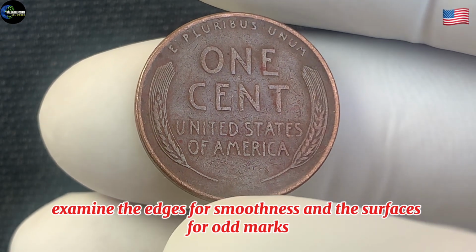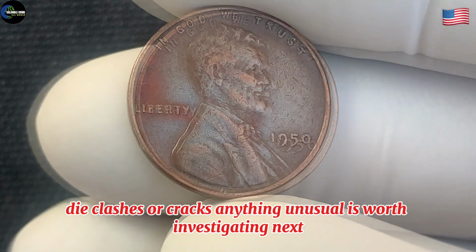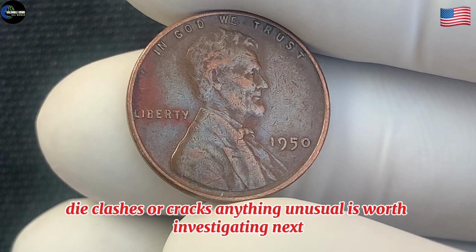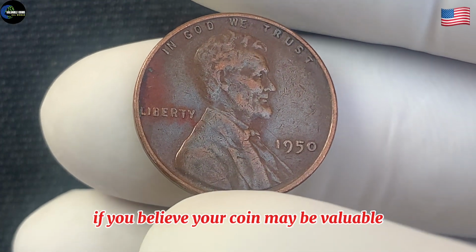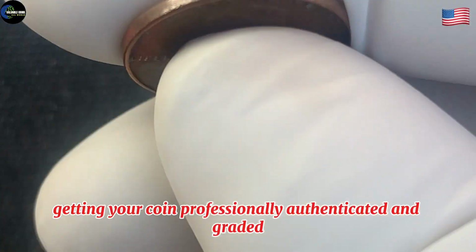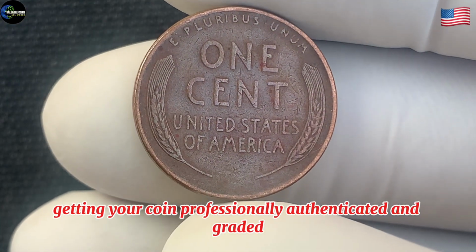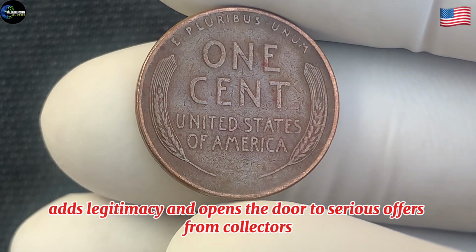Examine the edges for smoothness and the surfaces for odd marks, die clashes, or cracks. Anything unusual is worth investigating. Next, if you believe your coin may be valuable, consider sending it to a certified grading service. Getting your coin professionally authenticated and graded adds legitimacy and opens the door to serious offers from collectors and auction